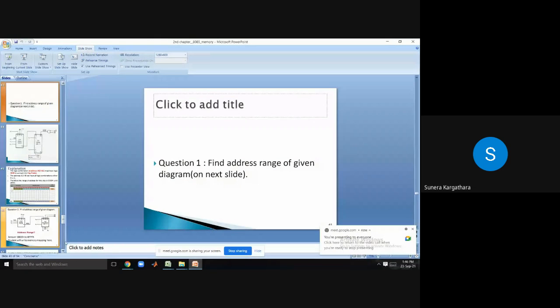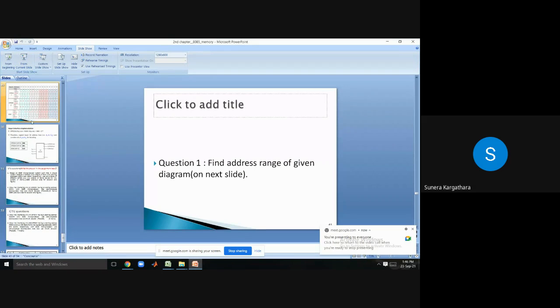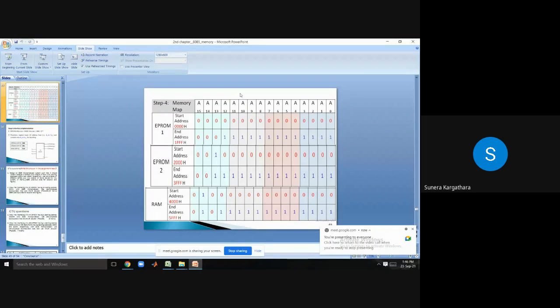Let's say that we can interface our IO device with the microprocessor as well. How are its addresses formed? Sometimes it may be partial decoding, sometimes fully decoding. That also can be there. But it's okay if you are not able to get this partial and full decoding. But how to interface, that must be known to you.